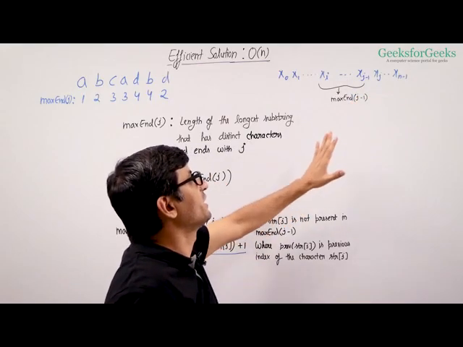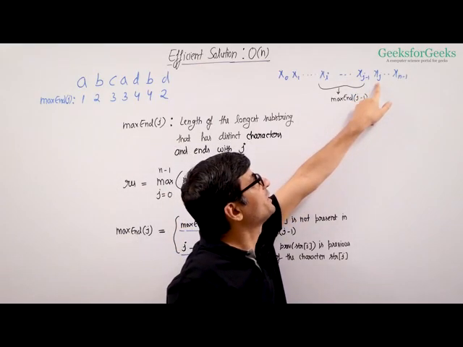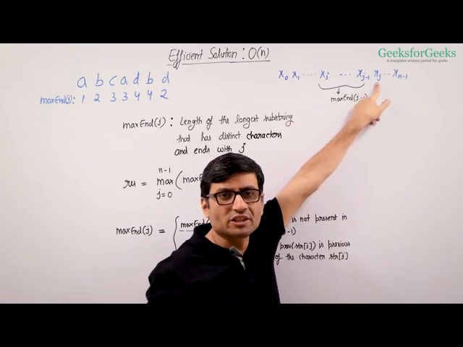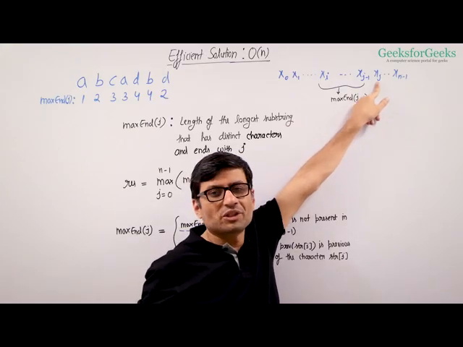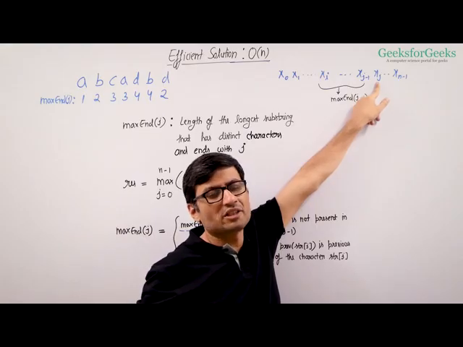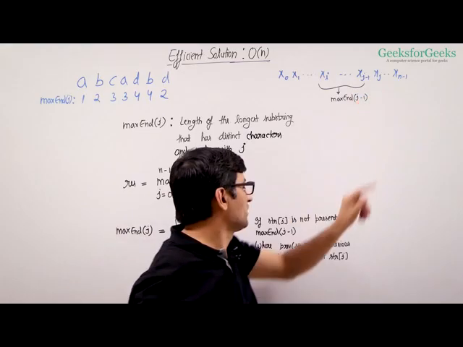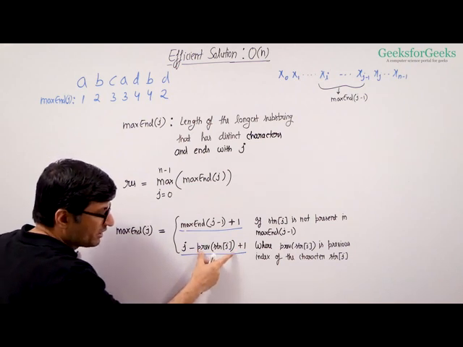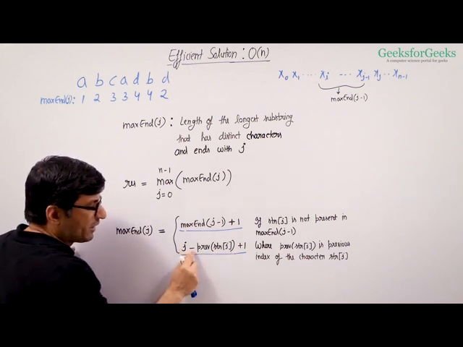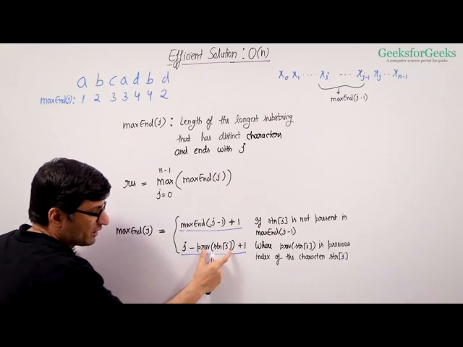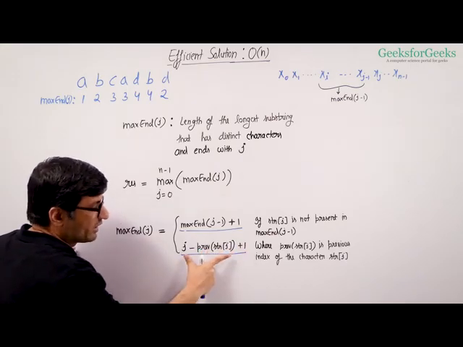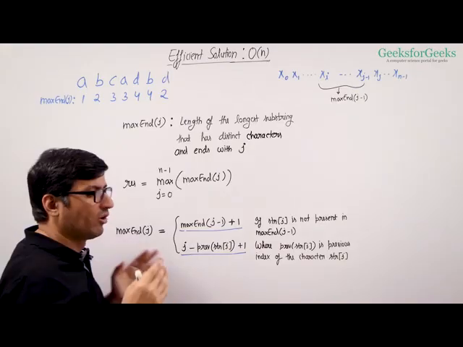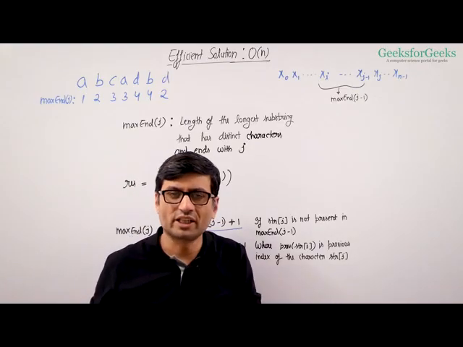And what will be that index? That index will be the previous index of the character xj. The index at which this character xj appeared just before this occurrence at index j. So if I somehow get this index in constant time, I can do j minus previous of strj plus 1 to get the length of the longest substring that ends with j